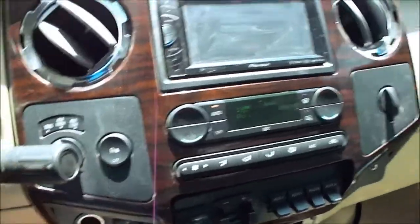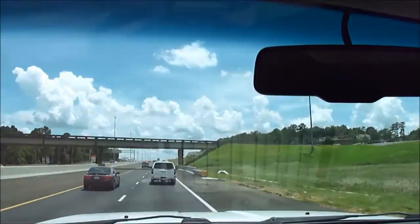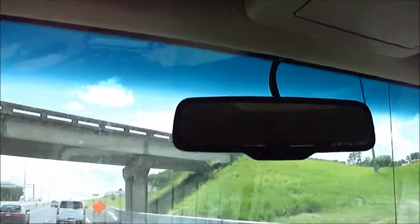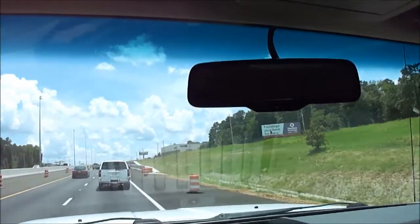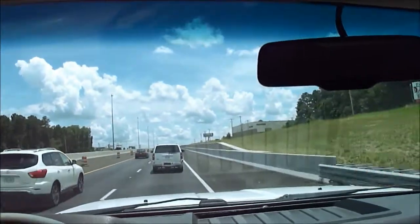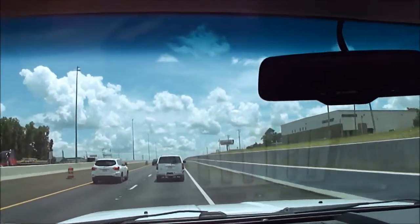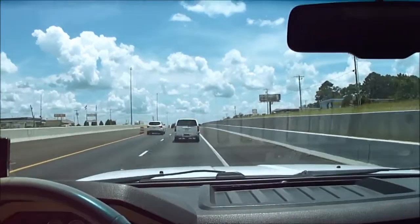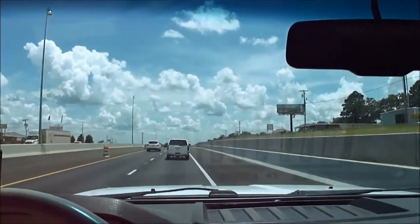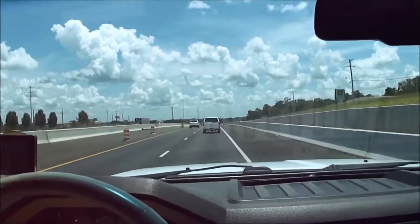Got the parking sensors, got the dual zone auto climate, no cracks in the dash, new windshield, automatic dimming rearview mirror, got your overhead console with sunglasses holder. Not really a whole lot to nitpick on this truck, to be honest. Like I said, got a little spot on the steering wheel, and the carpet could use a good scrubbing if you wanted to, if you're worried about it. But other than that, I mean, it's